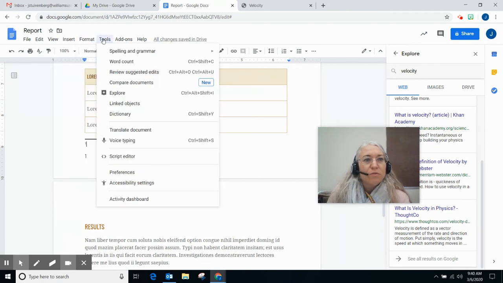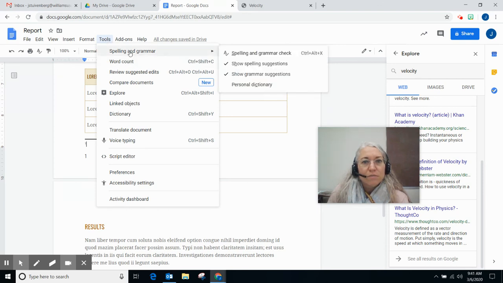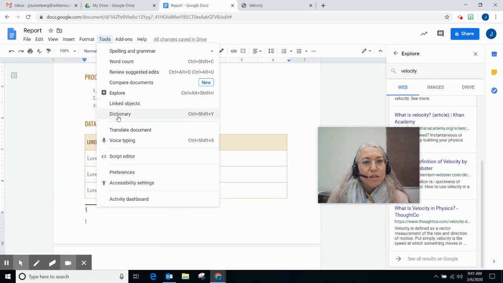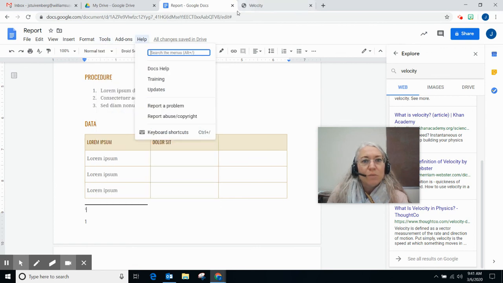The other couple of tools that you might want to use on your paper is your spelling and grammar check. You can also look at a word count to see how many words that you're using. You can translate your document. You can use a dictionary if you have that available. And of course, if you do not have any of these tools available, remember all you would have to do is open another tab over here